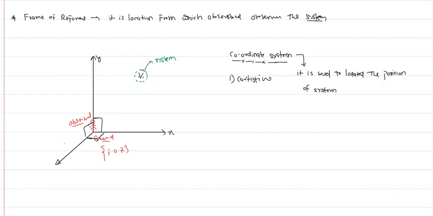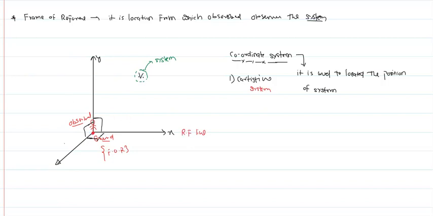Yes, sir. So I say that to locate the position of anything or any system, you use some coordinate system. I am giving one example: this is called the Cartesian coordinate system. In the Cartesian coordinate system, there are three lines, called reference lines, which are mutually perpendicular to each other, meaning the angle between these lines is 90 degrees. Where these lines meet is called the reference point.